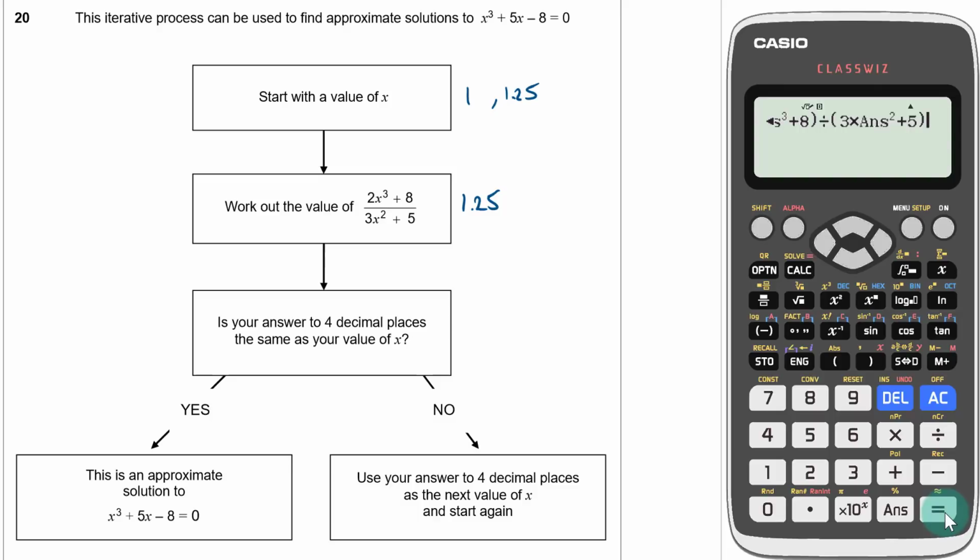Now when I press equals, it will feed in the answer 1 because that was my last calculated value, and it should spit out the 1.25 that we just calculated. There it goes, 1.25 or 5/4. So that was the result after going around once. Now if I press equals again now, it will feed in that 5/4 or 1.25 back into the iterative function, and it should give us the answer that we get the next time round, which is 381 over 310, which as a decimal number is